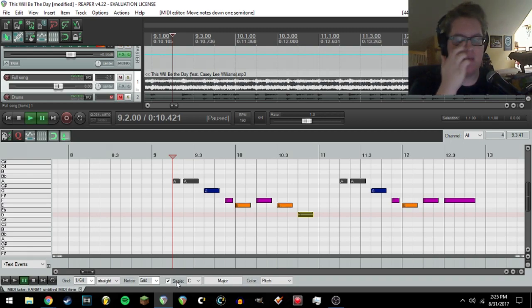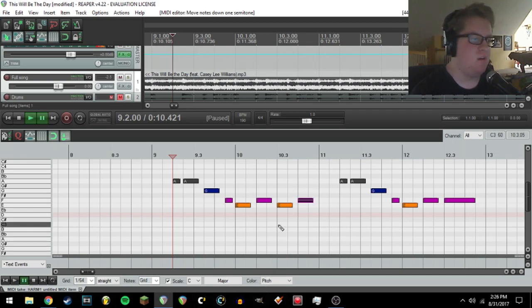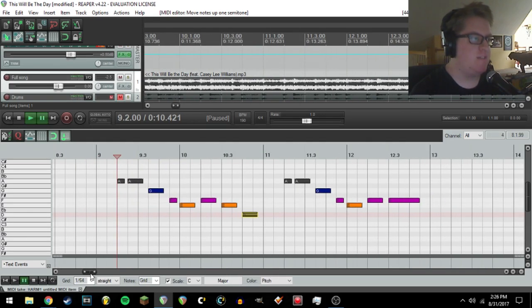So whenever you place a note, you'll know that it is in the key of the song, and it makes it a lot easier to find the correct pitch. So yeah, that was a D, and so that's the scale thing done. That's a super helpful feature. So now that we have just the first phrase done,